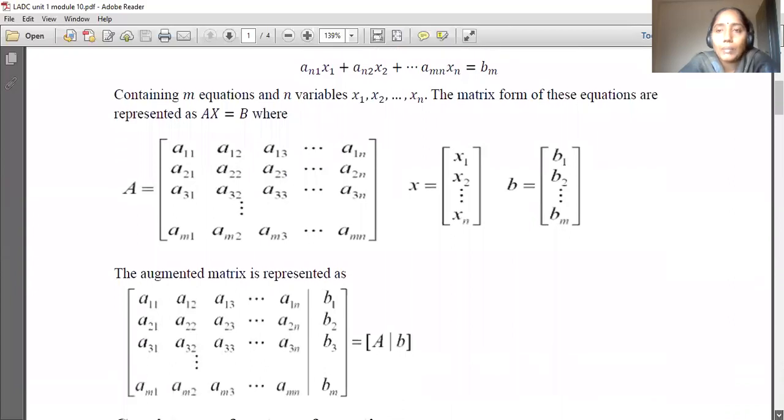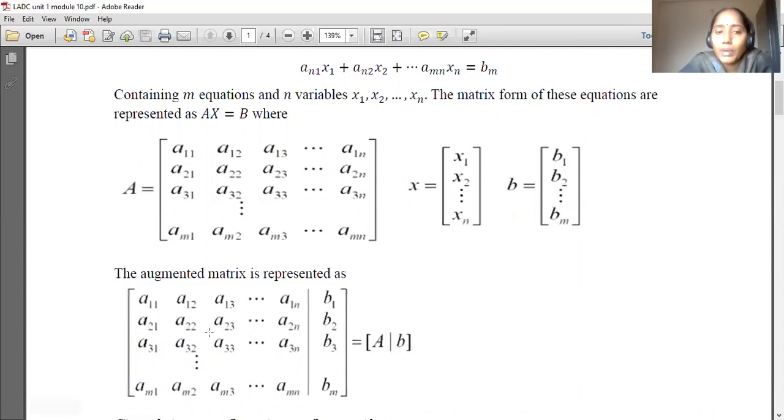Now, the augmented matrix. For finding the solutions of a non-homogeneous system of equations, we need to write the augmented matrix. The augmented matrix is just adding a column B to the matrix A, just like this. This is the column, and this is matrix A. Just add one more column, the constant column, to matrix A. For our understanding, simply draw a line there and then B.